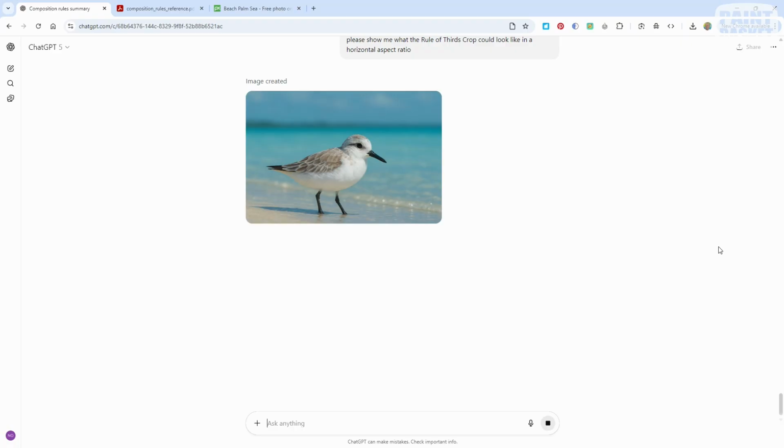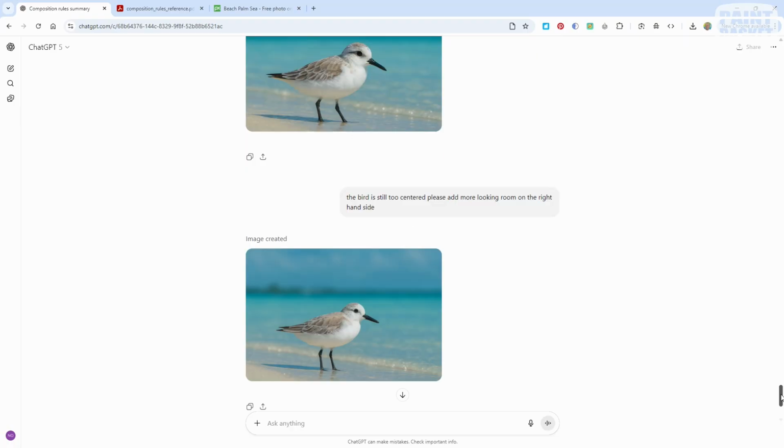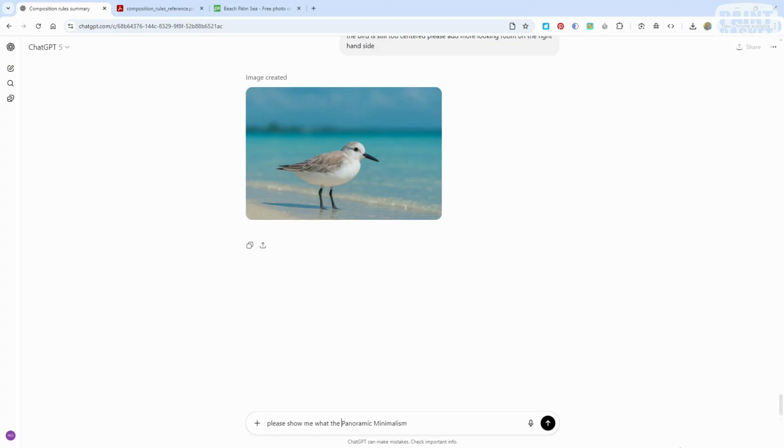Okay, so this is what the rule of thirds crop looks like, and yeah, I like that. It looks great. And look at all the lovely detail that it's kept in the image that it's generated. Yeah, I've asked it to add a little bit more looking room on the right hand side of the bird. It's done that beautifully. Now let's ask it to show us what the zoomed out version is going to look